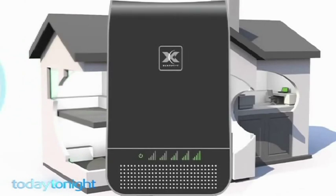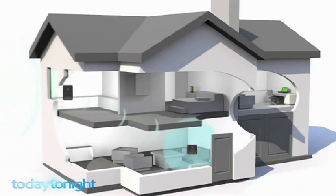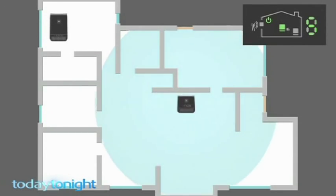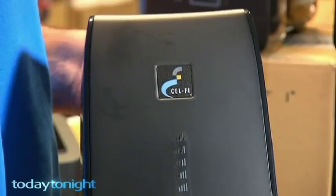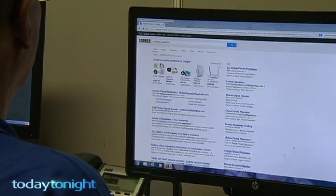Here's how they work. The window unit collects the signal from a phone tower. It's passed on to the coverage unit, where it's amplified throughout the house. The further apart the two units are, the larger the area covered. If you do have some form of signal at the location, we guarantee to have good coverage within a 600 square metre radius. But while Scott's Selfie boosters are approved, it's the cheap, illegal Chinese ones now flooding the